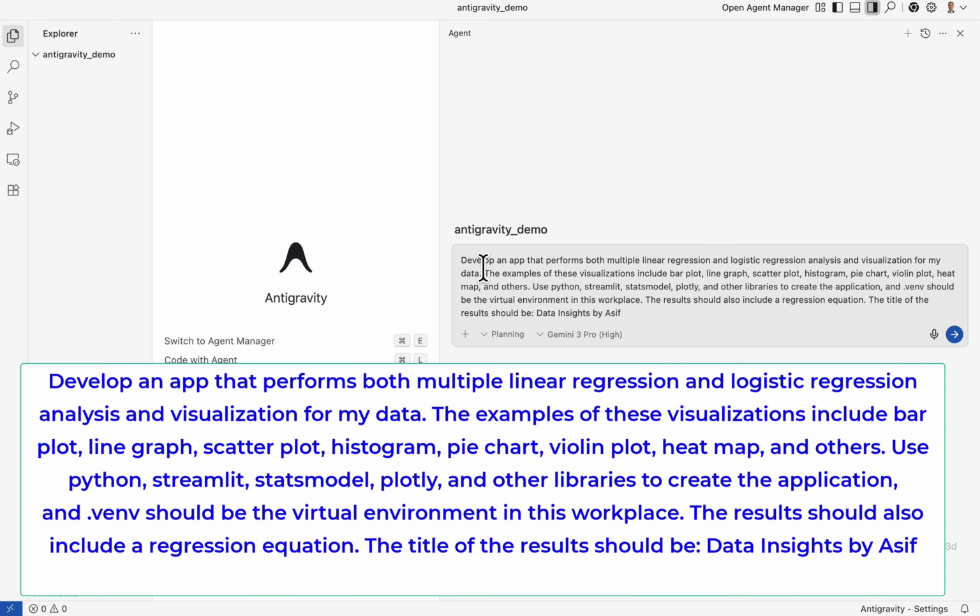The prompt is: develop an app that performs both multiple linear regression and logistic regression analysis and visualization for my data. The examples of these visualizations include bar plot, line graph, scatter plot, histogram, pie chart, violin plot, heat map, and others. Use Python. Streamlit. Streamlit is the library which is used for making apps. Statsmodels for regression analysis. Plotly and other libraries to create the application, and .venv, which is the virtual environment, should be the virtual environment in